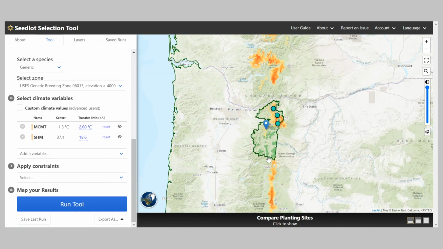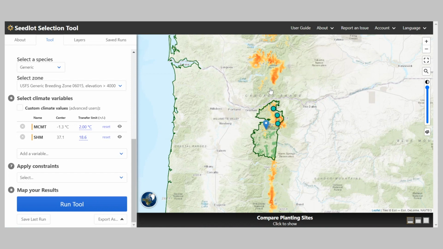So you can see the coloring on the map looks quite a bit different, and that's because we've shrunk the range of what we are considering suitable climate. An important point is that the darkest red areas don't change. Those areas that are dark red still stay dark red, but the width of the total area colored shrinks.